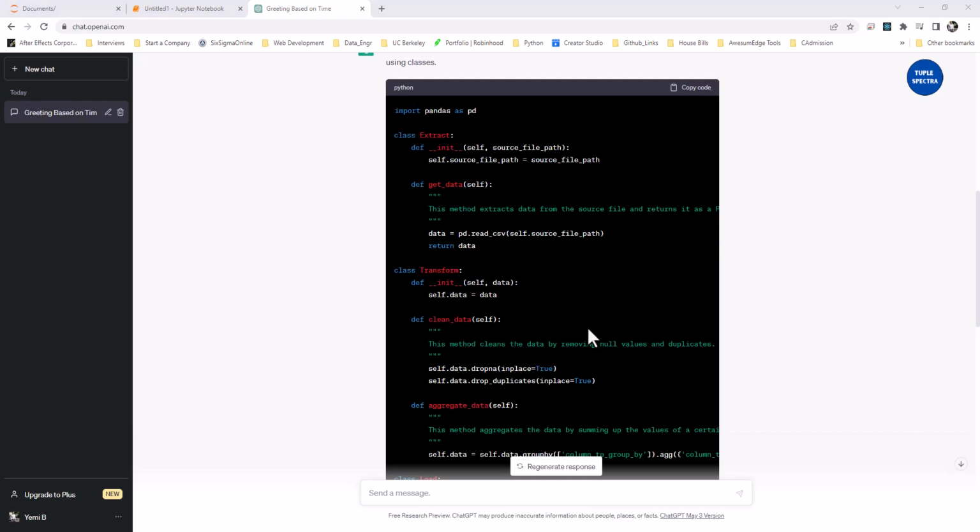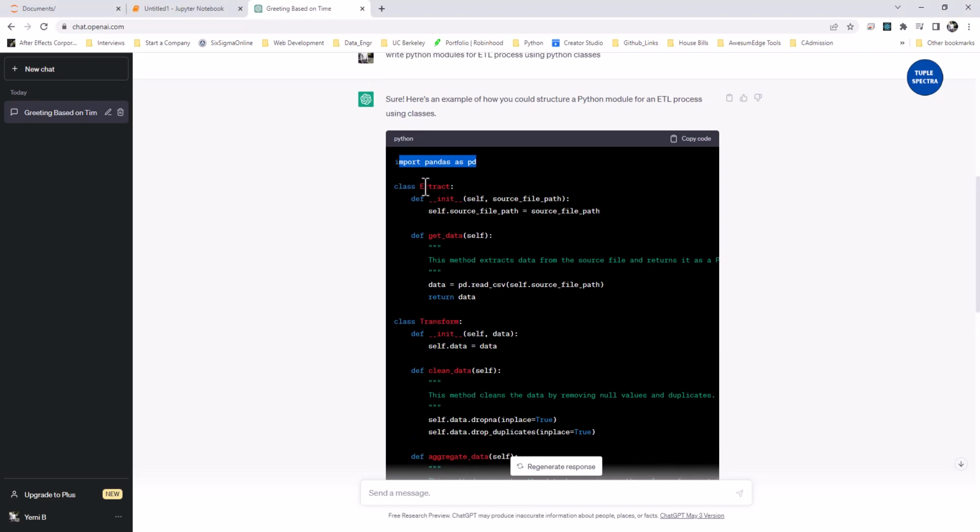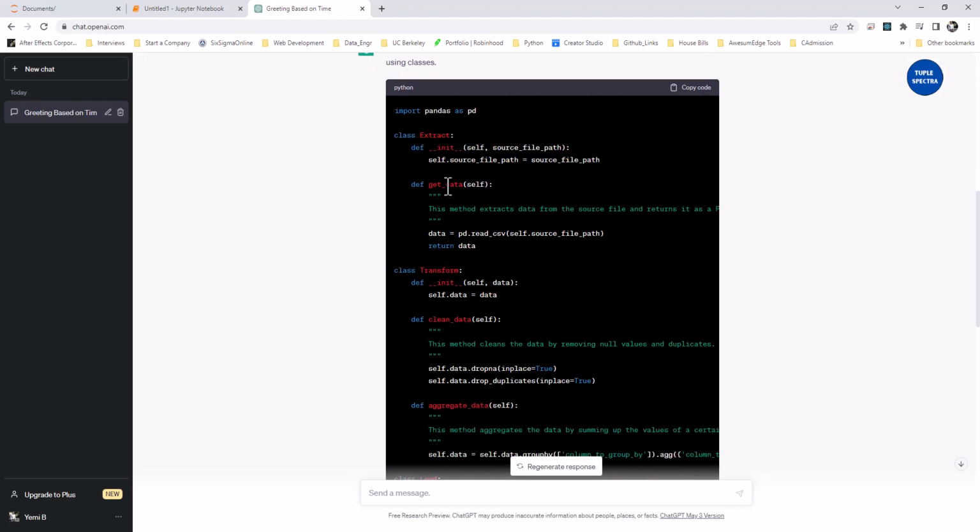All right, guys, you can see now that it has finished generating those responses. You can see right here, it's giving me some starter code that imports pandas. I have my extract class right here, and then I'm having my initialization steps where I'm defining my source path, and then I want to get the data. What does that mean? Since I have the source path, the file path, you pass that inside there,